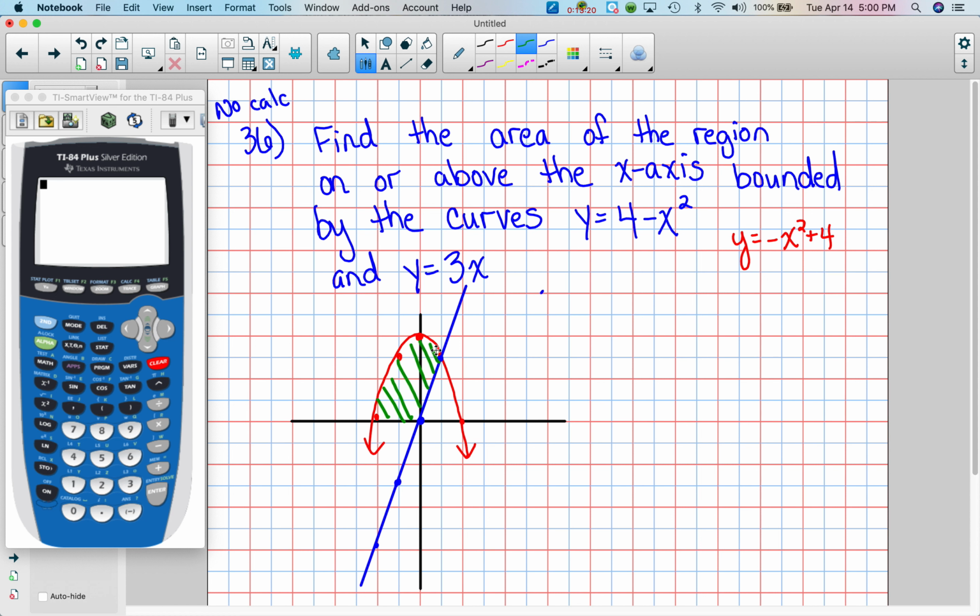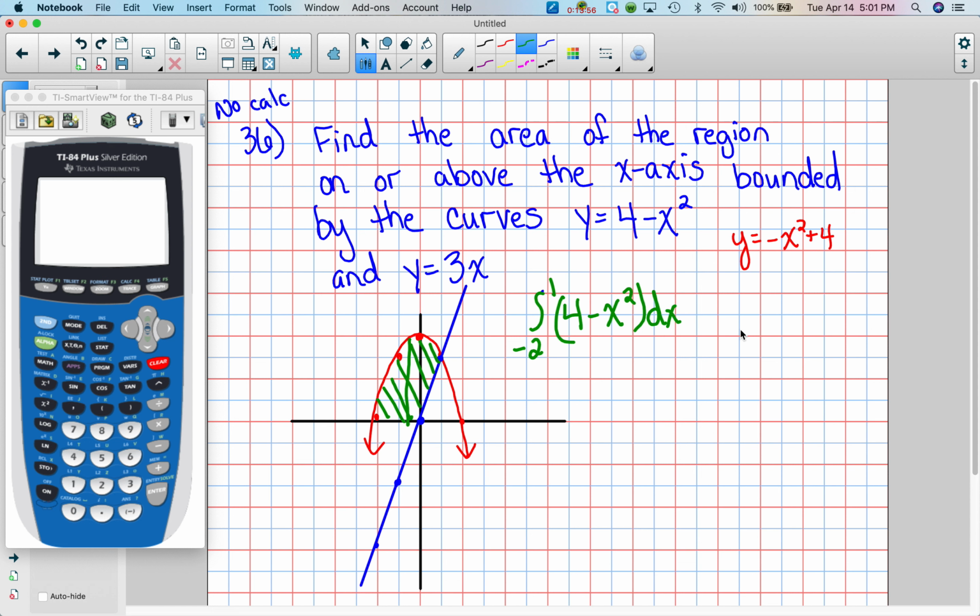If it was actually just in between the two curves, then I would be taking just the parabola and subtracting the line. But I don't want this down here. I only want this that's up here. So if I did the integral, I am going to do vertical strips, so it's going to be in terms of dx. If I go from -2 to 1 of this upside down parabola, the 4 minus x squared dx,